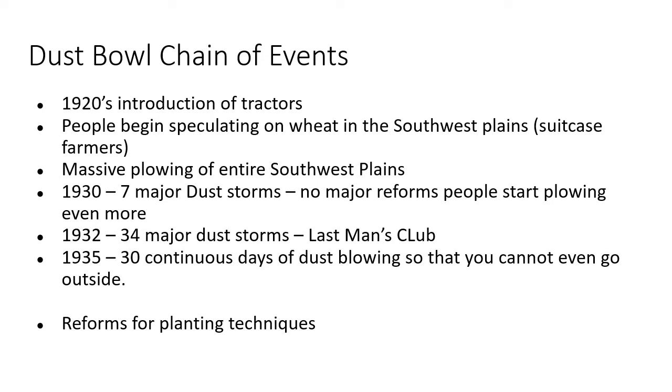Same way that the deforestation of Easter Island at the beginning doesn't really cause a major issue. But as more and more people plow up the land, as more and more people don't wear masks, the spread of COVID-19 starts to rise exponentially, right? The spread of the dust in the Dust Bowl starts to rise exponentially. The problems on Easter Island with the deforestation of the lands start to create exponential problems instead of just